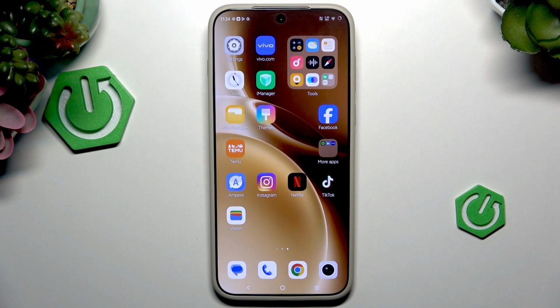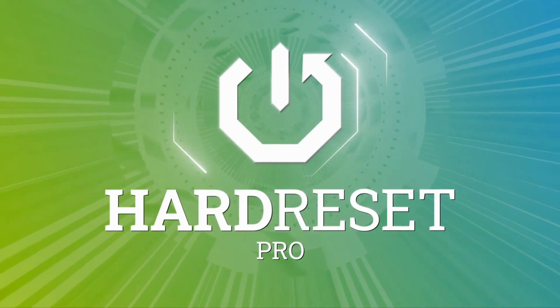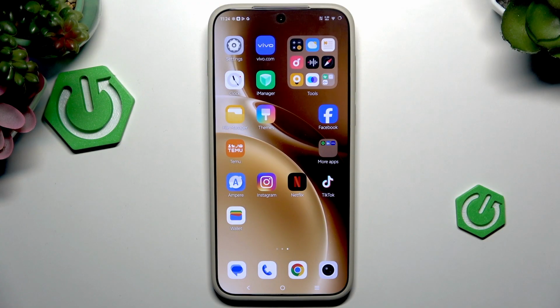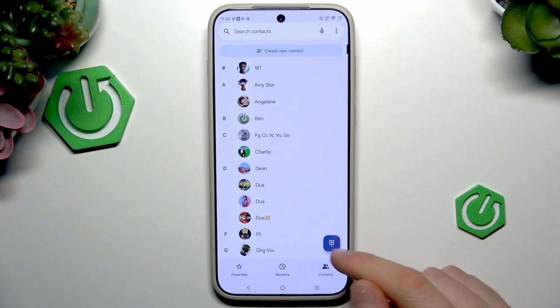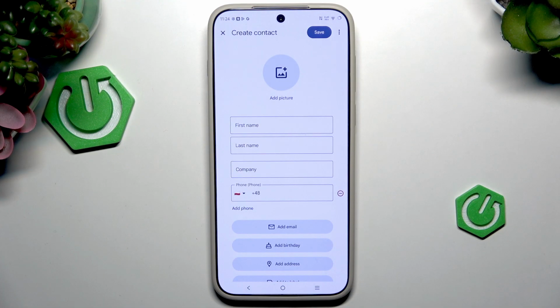Today I'm going to show you how to create a contact on your VIVO X300 Pro. So basically, if you want to add a new contact to your phone list, open up your phone app, click create new contact, choose where to save a contact, device,